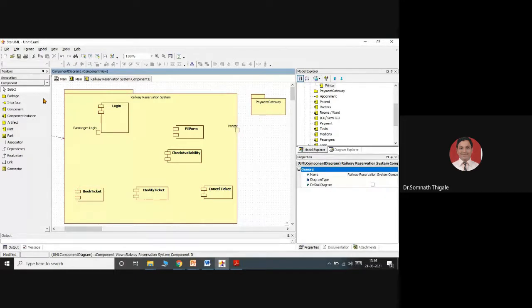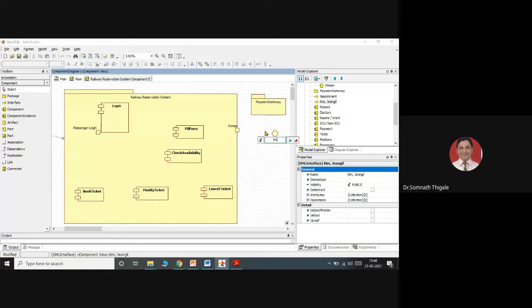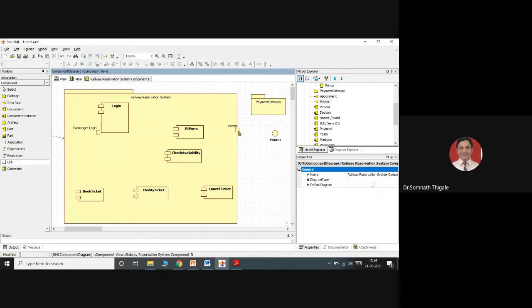So I have one interface over here, I'm calling this a printer, and the printer is connected to this port. I have a direct association over here. So I'll say simply link printer ports. Okay.